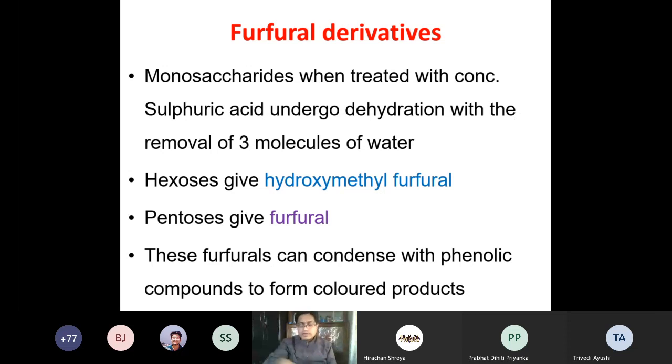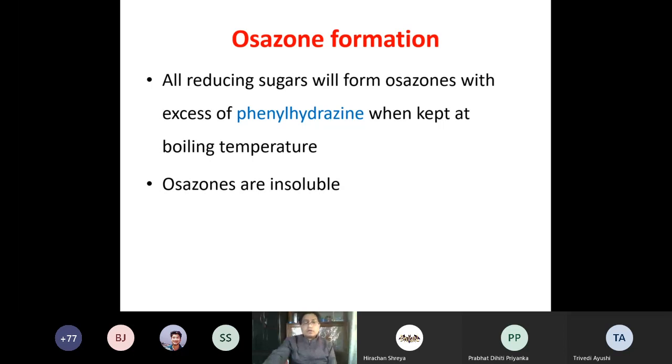Regarding the practicals, we have studied the Molisch test, the general test for carbohydrates, and the other one is the test for reducing sugar, that is the Benedict test, and the other reducing property, the Barfoed test, is to distinguish between disaccharides and monosaccharides. These tests will be performed in the practicals. Okay, again there is another property of the carbohydrates, which we will also perform in the practicals in our class later on, when our college class resumes.